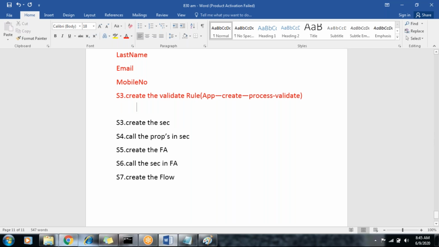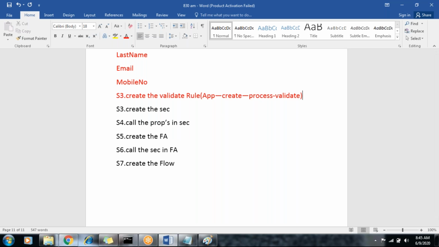So next step, then step 4 is, that's fine. After the validate rule, create the section. Step 4, call the properties in the section. Step 5, create the flow action. Call the section and validate rule in the flow action, where you can add the validate rule.